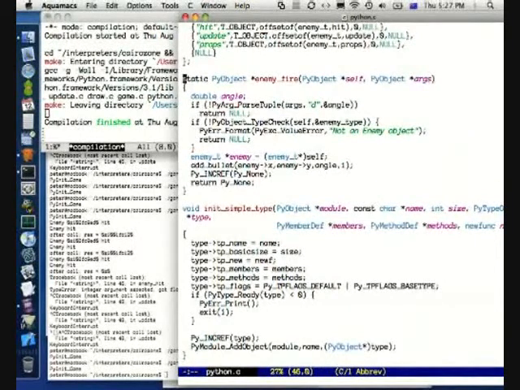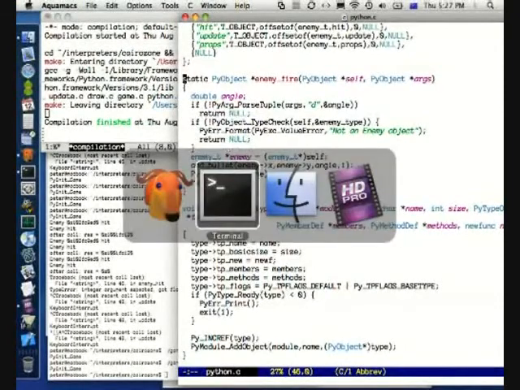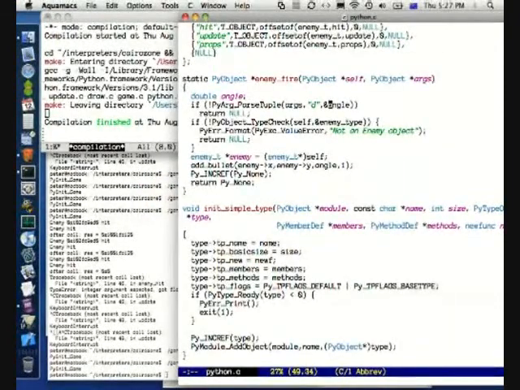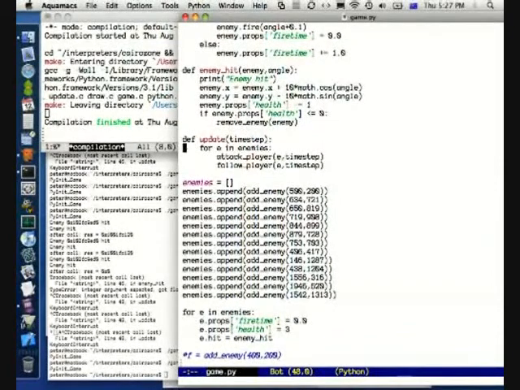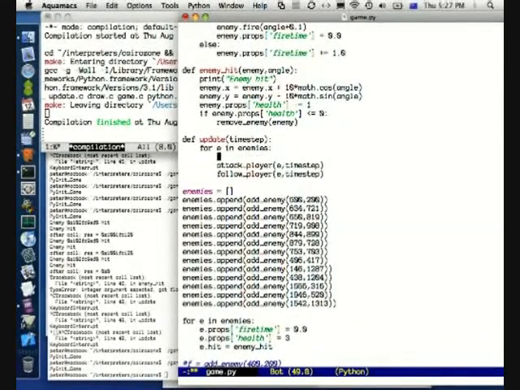Now, I'm just going to talk about this fire method. So with the enemy fire method, I can call that from Python, of course. That takes a double as a parameter. So let me just give an example of modifying the script to do more firing. So supposing I wanted to have all enemies fire every frame. So I could say e.fire, and supposing I want to fire downwards. So that's an angle of 2 times